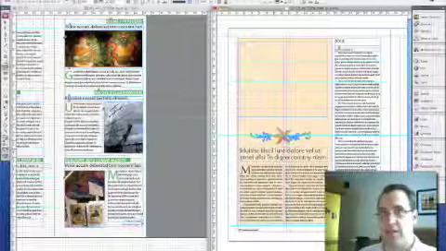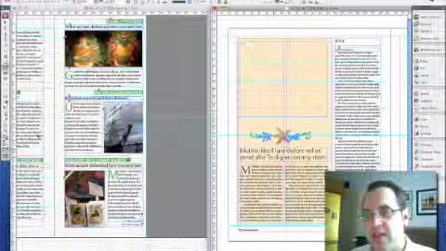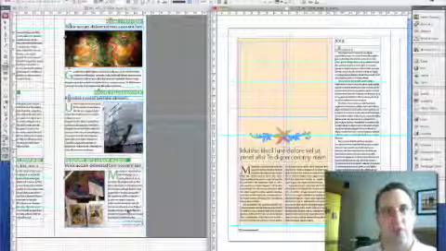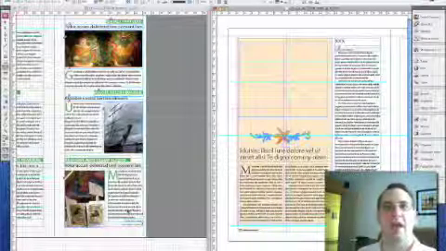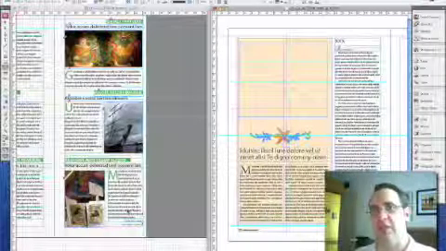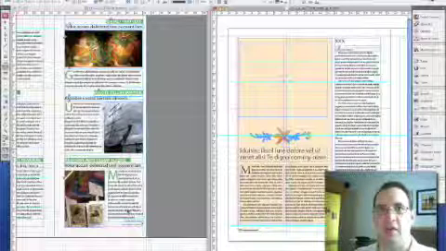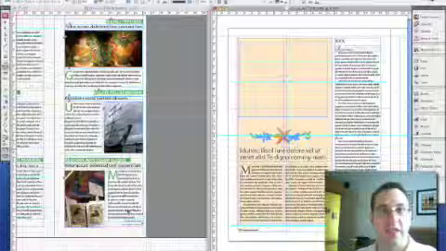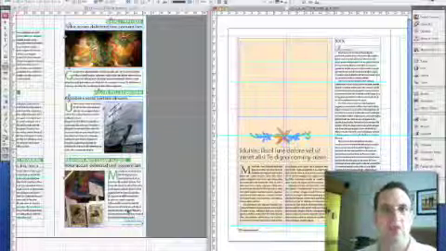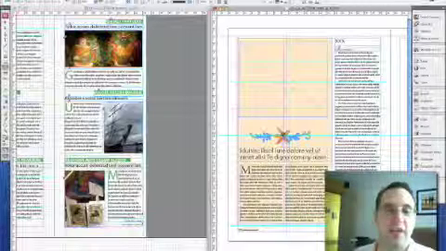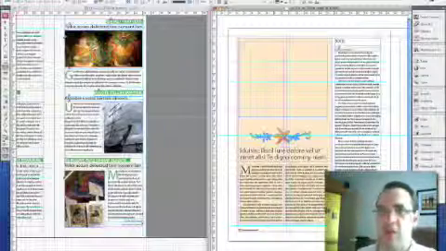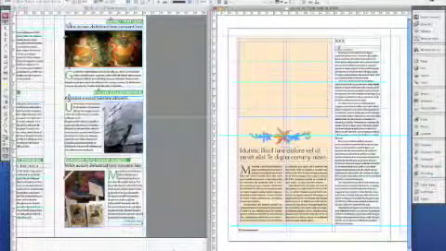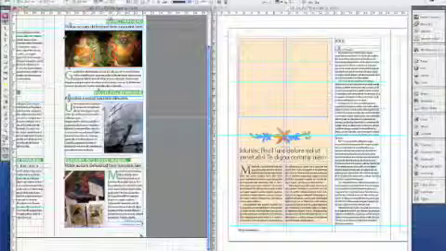Now they are still linked together. So if I go ahead and make some editing adjustments here, such as deleting or adding some more text, I can choose to reflow the jump, and at that point it will go into the system, grab more text if it needs it, or push more text into the other text frame, and then you get a notification in the other document that this particular text frame needs updating. But you'll see that